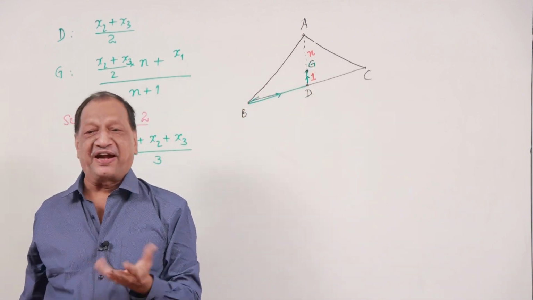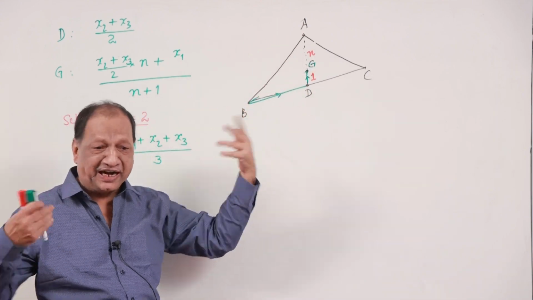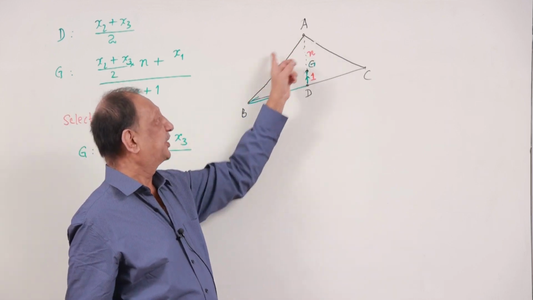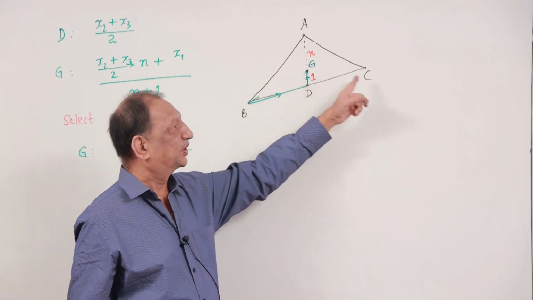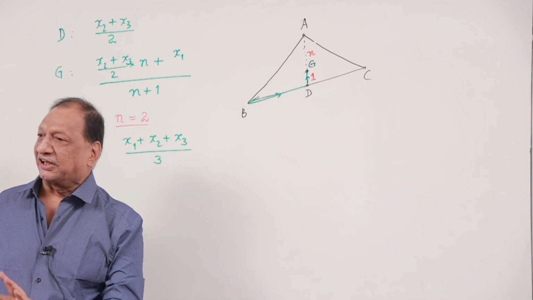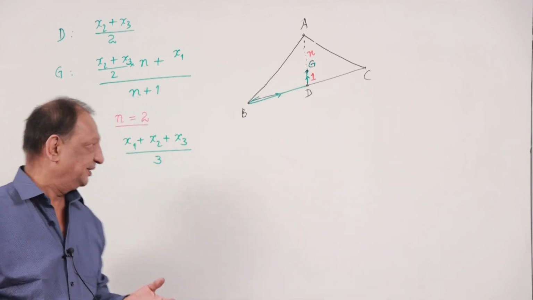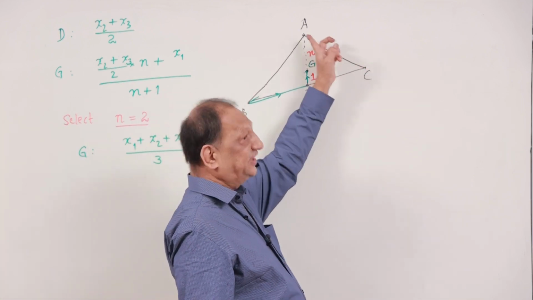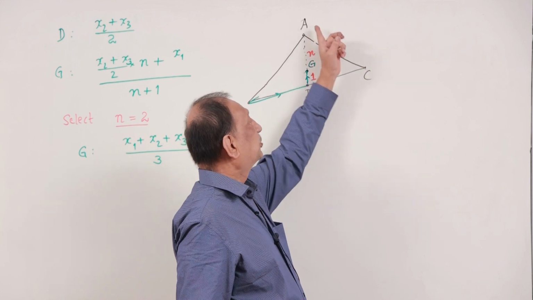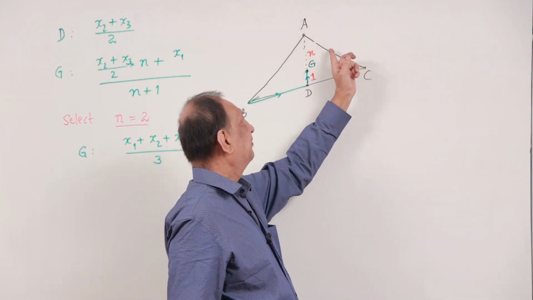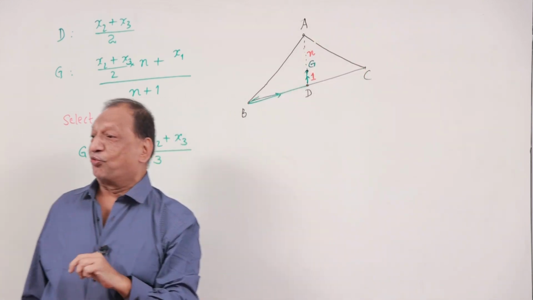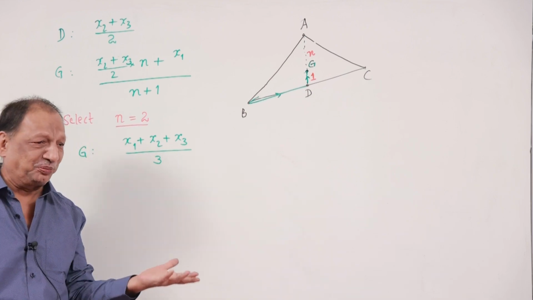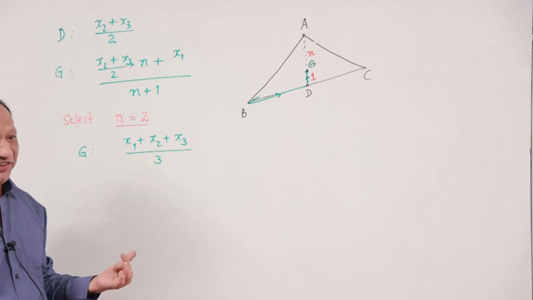If I had selected A and B as the side, from the x1, x2 midpoint, travel towards x3, 1/3 of the way, what would I get? I would get the same thing, symmetry. Or I can select AC as the side, the x1, x3 midpoint, and travel towards x2, 1/3 of the way. What would I get? Same, by symmetry, x1 + x2 + x3,